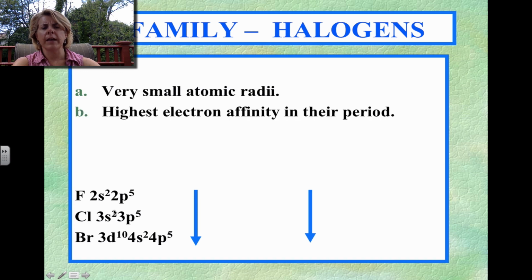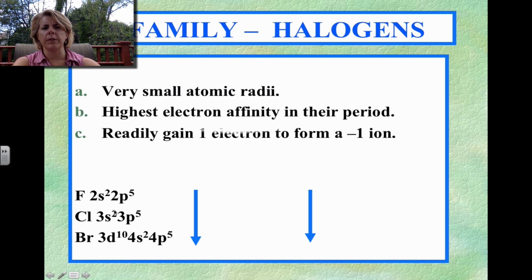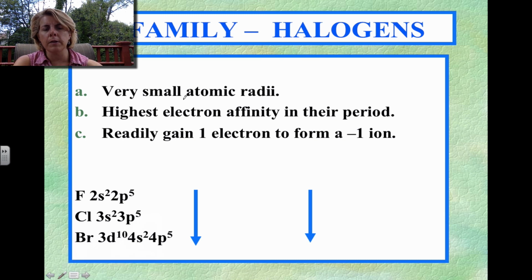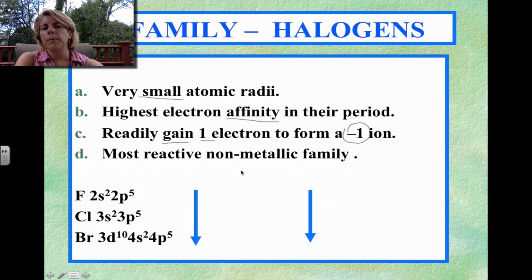Okay, for halogens, it's a little bit different. They are very tiny, and remember, they're small because there's a higher positive charge in the nucleus, and there is electron affinity. So they're drawing in their electrons as tightly as possible. They're more closely held to the nucleus. You're gaining an electron to form an anion and a negative charge. They are the most reactive out of the